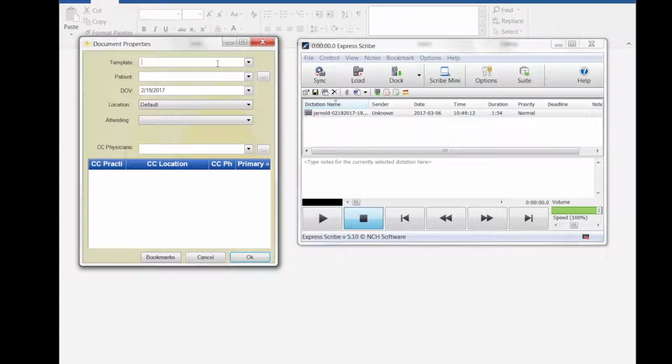So, for example, if I know this is an office note, I can just start typing O, and notice how office note populates right here in front of me. However, if I think it's a letter, or if the physician says this is a letter, I can type L, and I know it's a letter, and letter is going to pop up as a template right here in front of me. These are pre-built templates